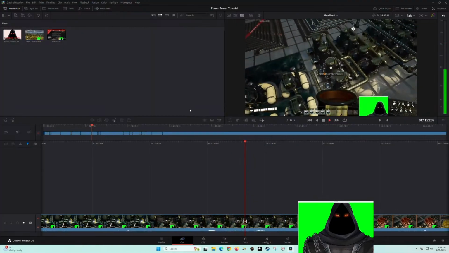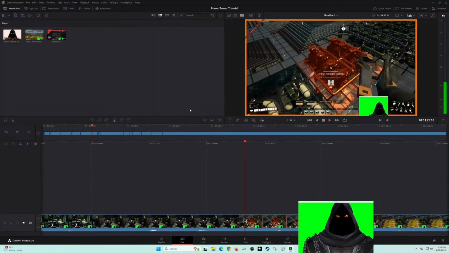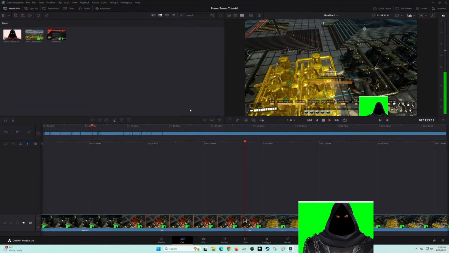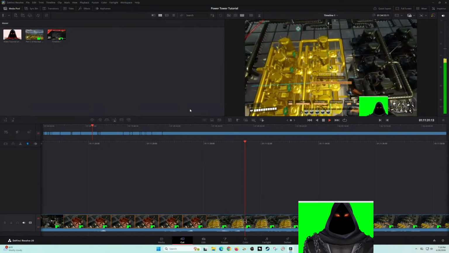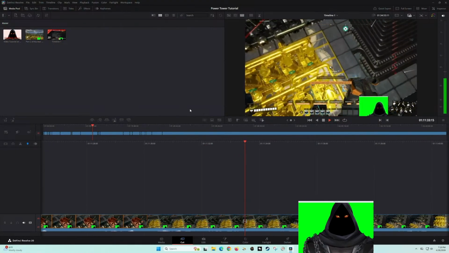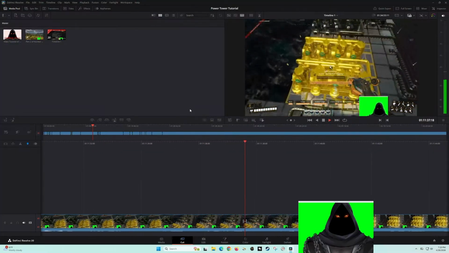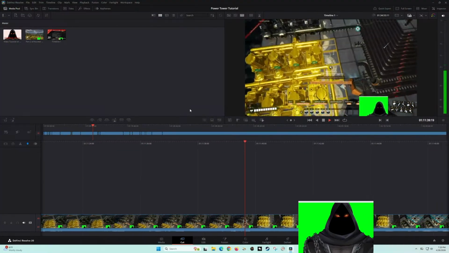Now I'm going to do the same thing again, except we're going to flip the water extractors in the other direction, which is this orientation here, which looks correct to me.